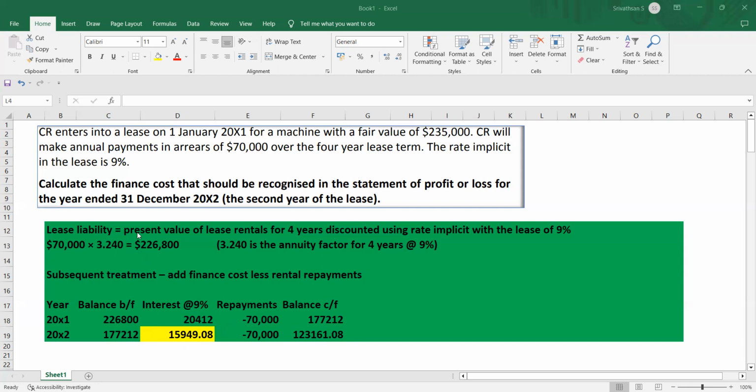But here, in the question, they have asked us to calculate the finance cost that should be recognized in the statement of P&L for 31 December 2012. And this is the right answer, because this is the lease liability at the beginning of the year, and we charge 9% interest on this, and this 15,949 should be debited to the statement of P&L for the year 31st December 2012. So the right answer is